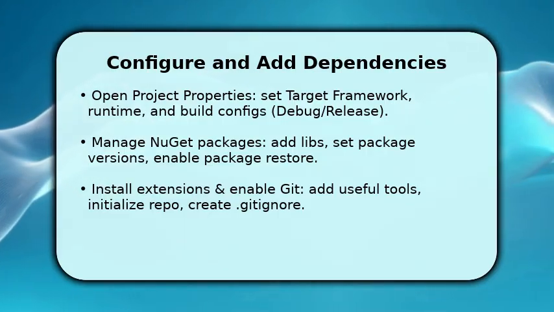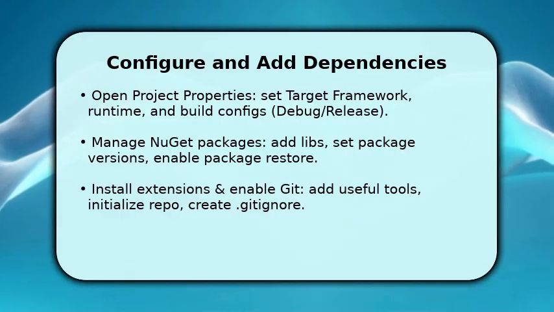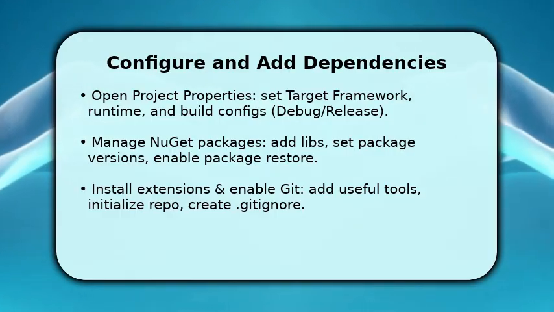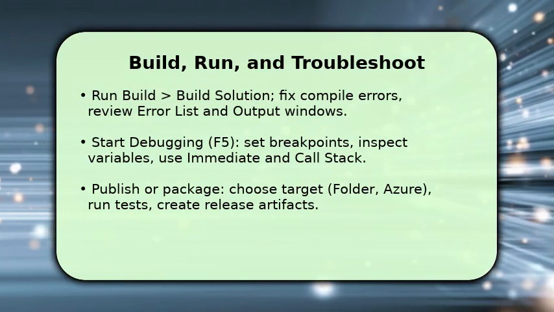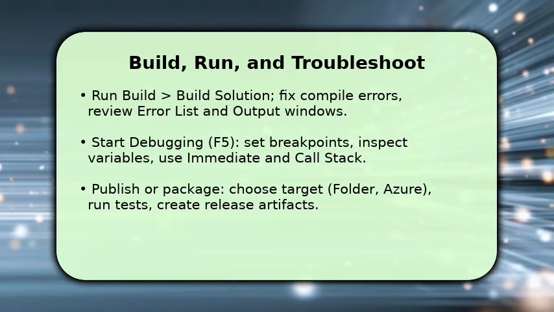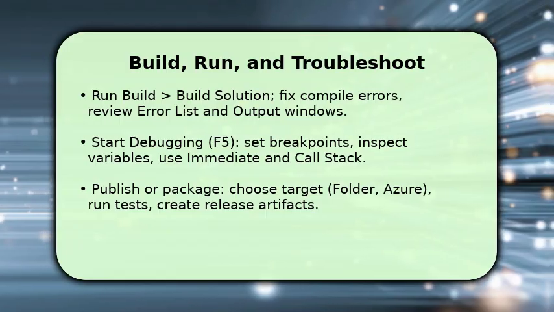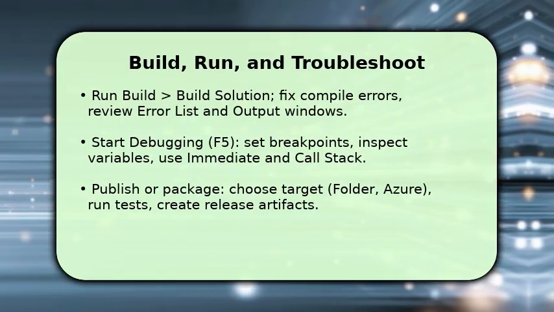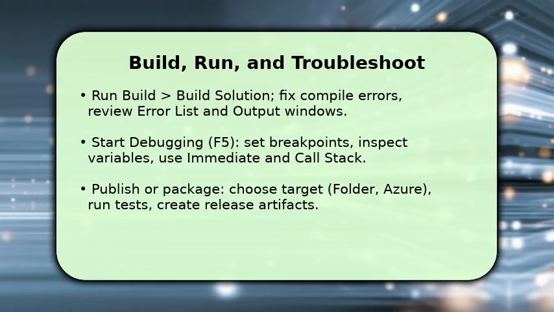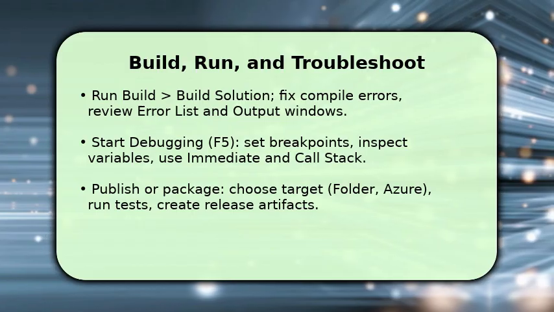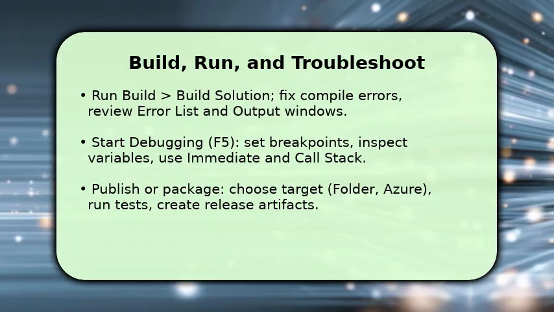Build the solution and address any compiler errors by reading the error list and output windows. Once clean and build succeed, run with debug F5, set breakpoints, step through code, and inspect variables using locals and watch windows. After verifying behavior, run unit tests and prepare a publish profile, select folder, Azure, or container target and